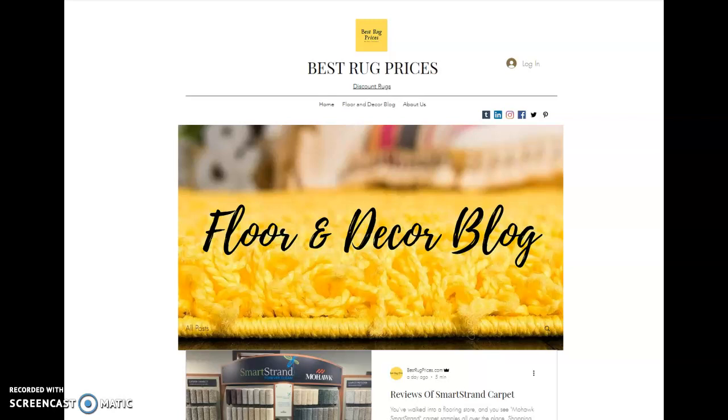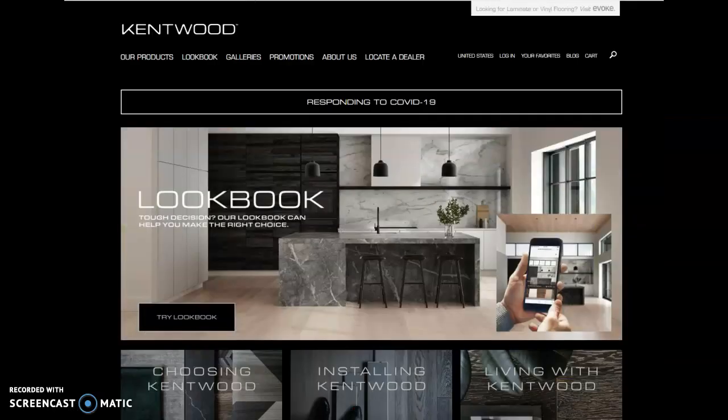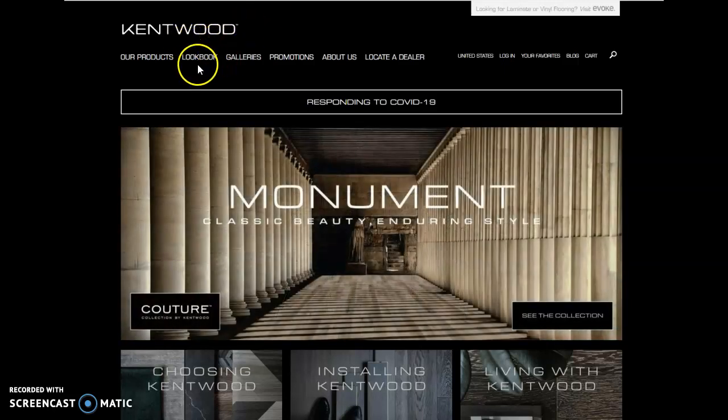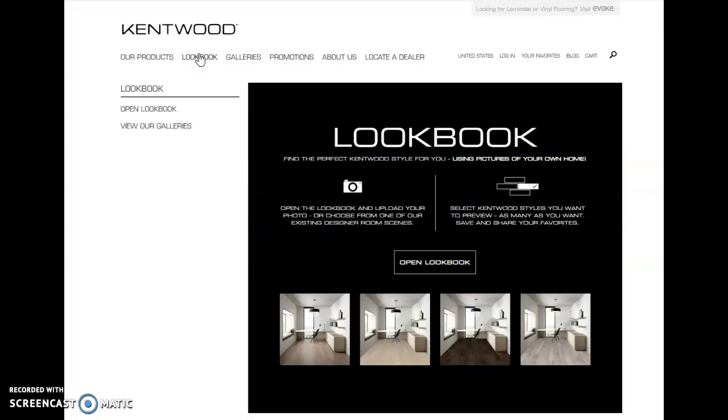And so let me sneak over to a site called Kentwood Flooring. And Kentwood is a great manufacturer of hardwood. And what you can see here is they have something called a lookbook. So if I click that, and I'm going to go over to their main screen here,